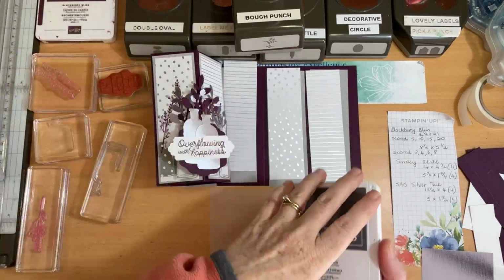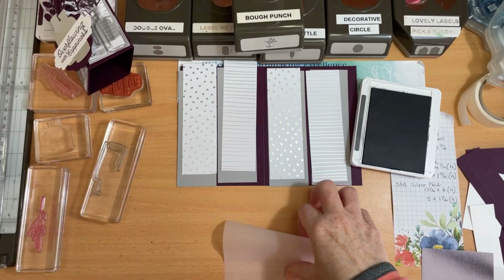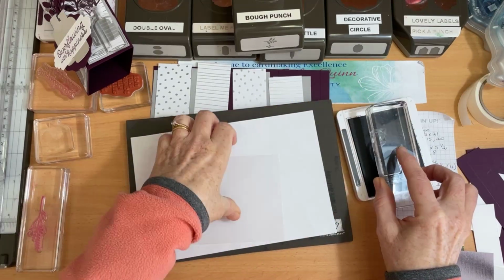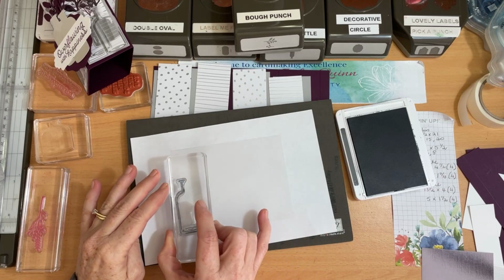I'm going to use Basic Grey for that. I'll just get my stamping mat in here, and I'll stamp a bunch of bottles, just the outline. I haven't used the solid image. I'll just stamp a bunch of bottles on my...